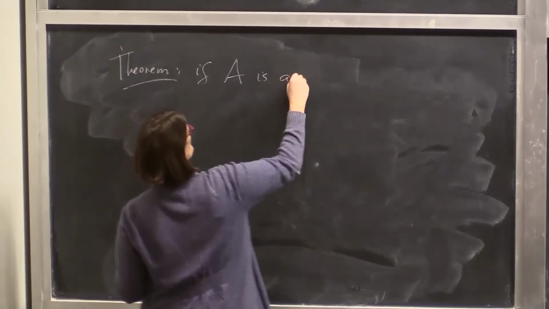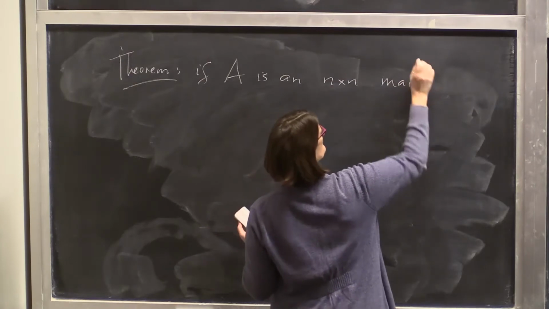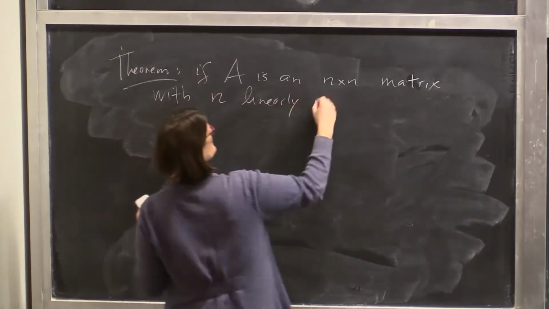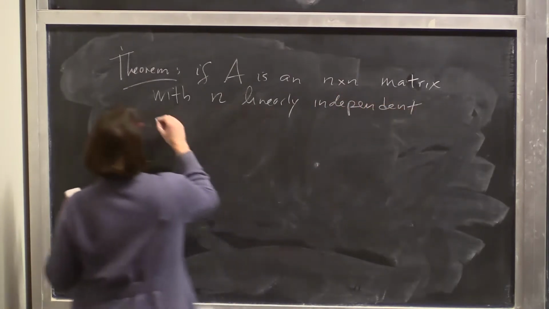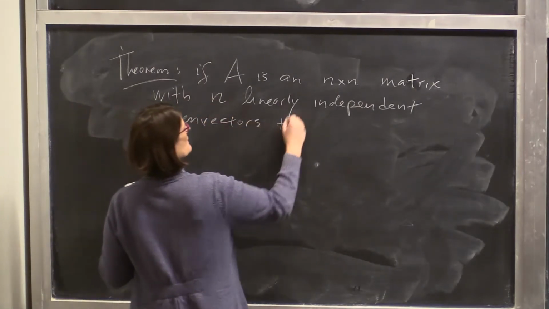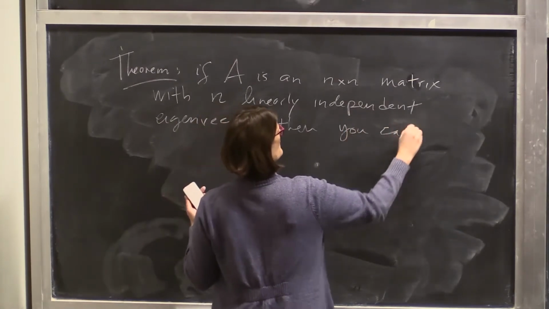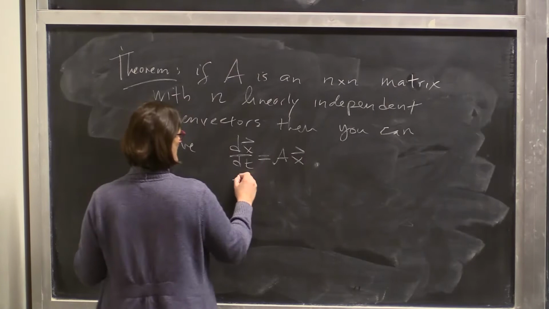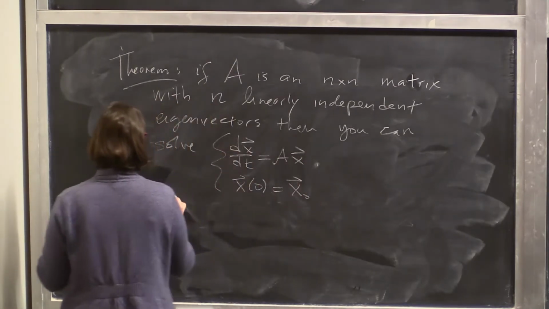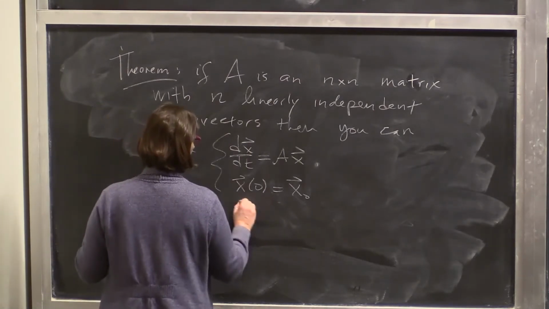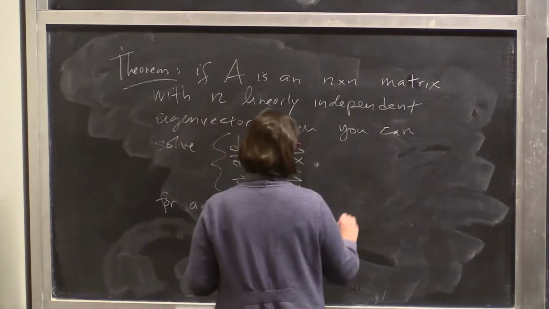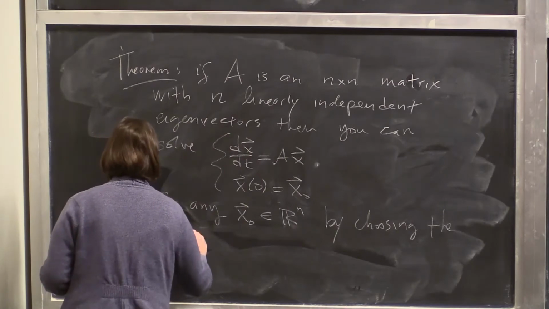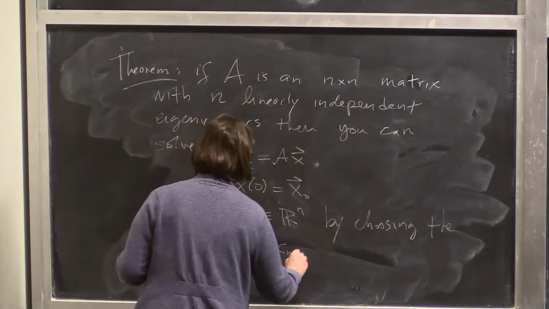Theorem. If A is an n by n matrix with n linearly independent eigenvectors, then you can solve dx/dt equals Ax, x at time 0 equals x naught, for any x naught in Rn by choosing the coefficients C1 up to Cn correctly